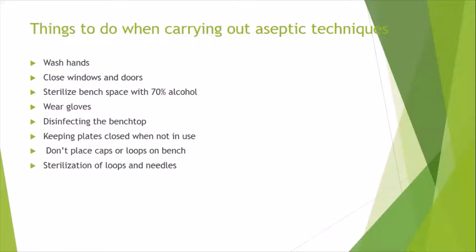Sterilize the bench with at least 70% alcohol. This is to remove any microorganisms and to create a sterile environment in your workspace. Wear gloves. Disinfect the bench top. Keep plates closed when not in use, because when you're inoculating or when you're moving from